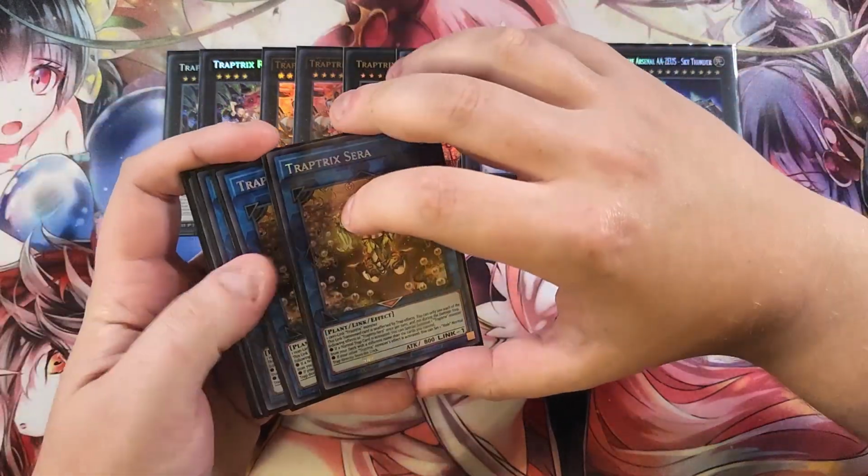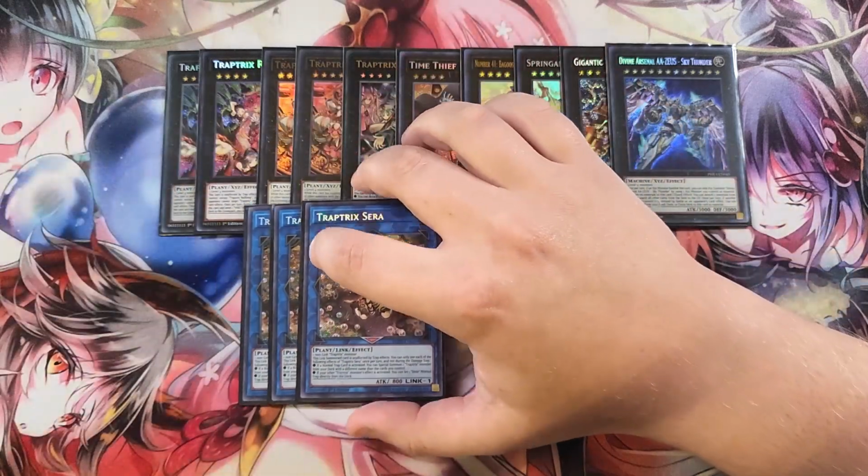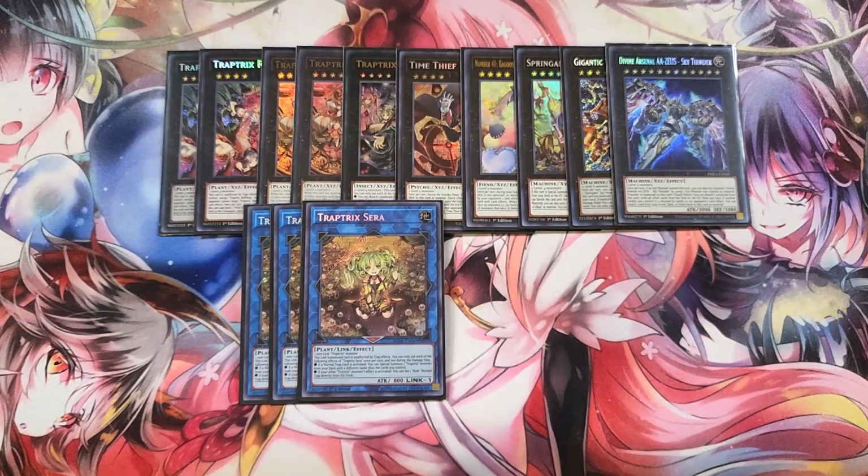We then play 3 copies of Sarah. You absolutely need 3 copies of Sarah. This card is the heart and soul of the deck. This card is so important. It takes just one Traptrix monster to make this card. But this card helps you recycle your cards so fast, and this card is so important because it has a